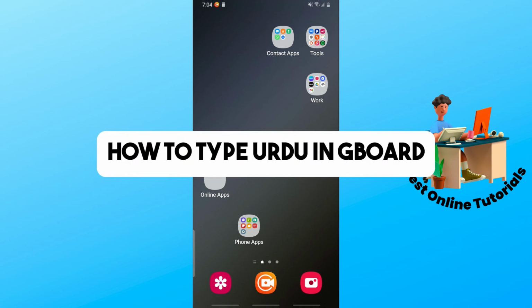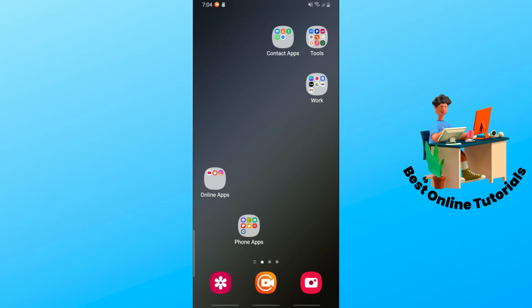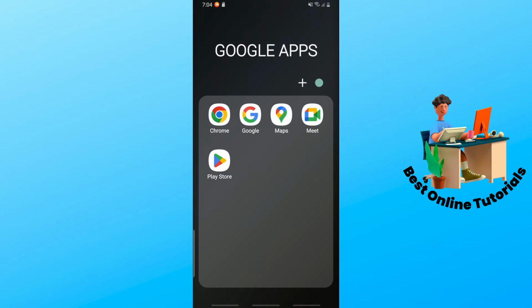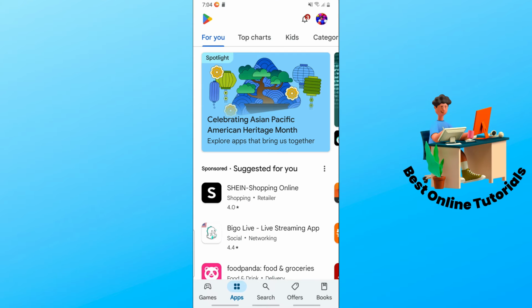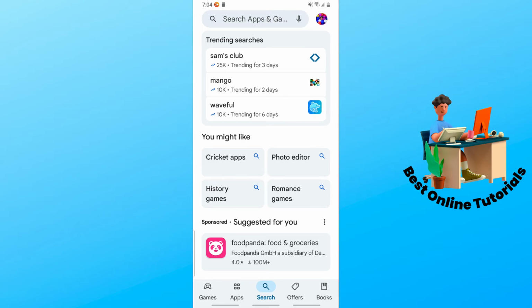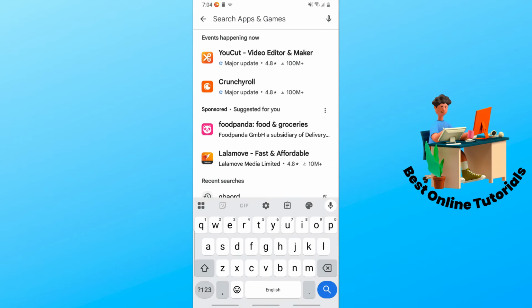This is how to type Urdu in Gboard. So, first thing what you will do, guys, is simply go to the Google Play Store on your device. And now, just simply tap the search icon at the bottom and go for the search bar at the top